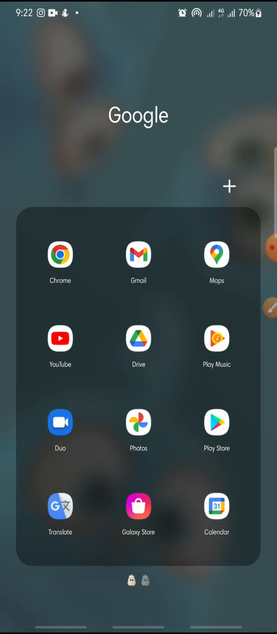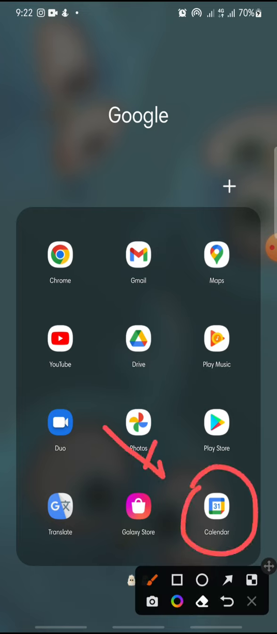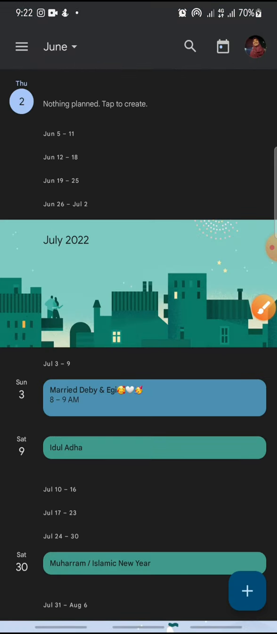In this video, I'm going to show you how to go to a specific day on Google Calendar apps. Now let's get started. First, open your Google Calendar apps, and then in here, if you wanna go to a